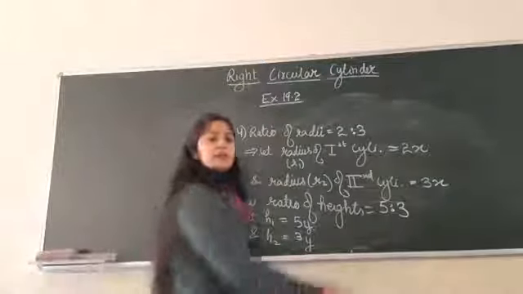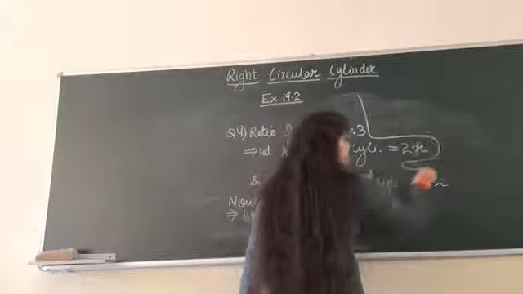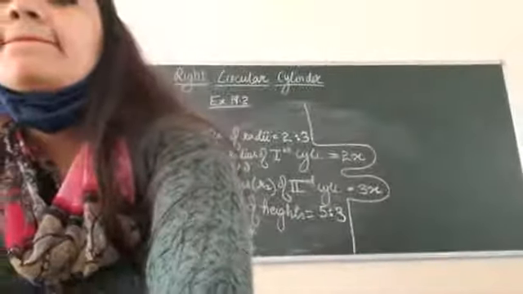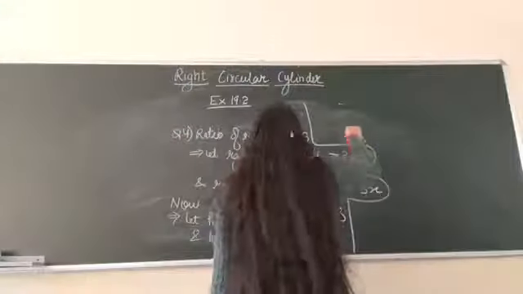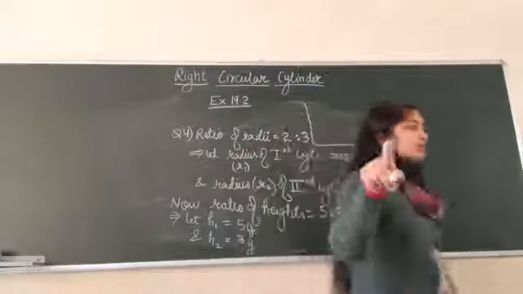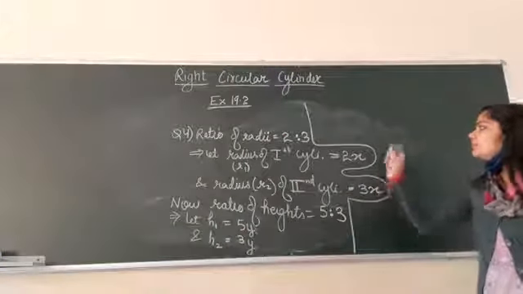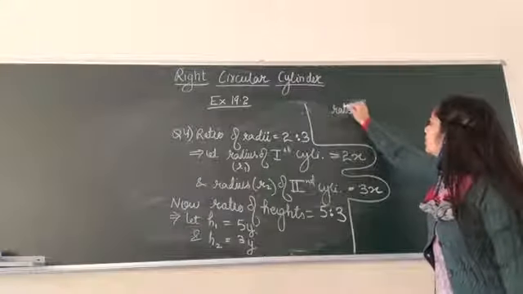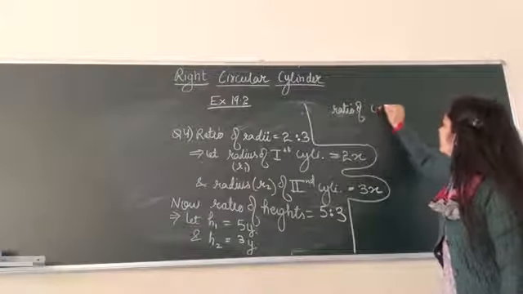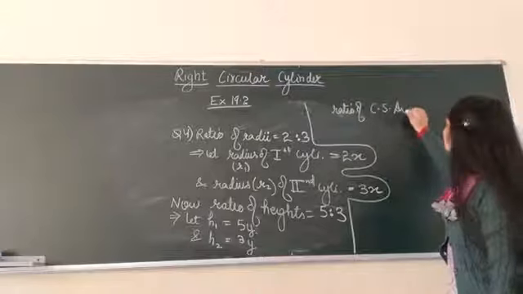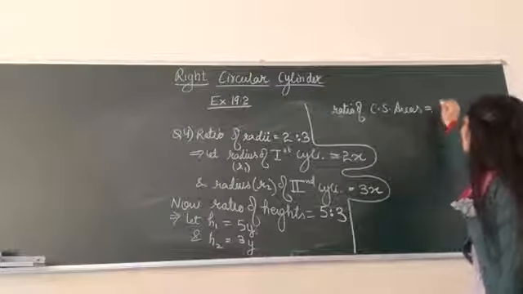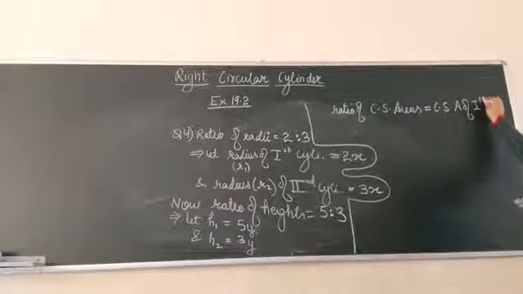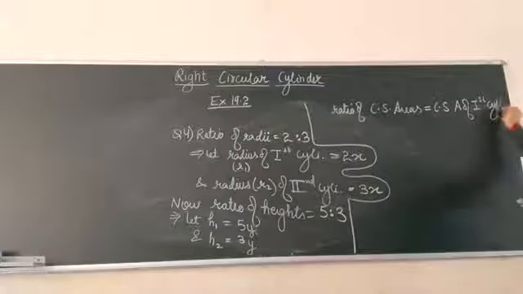I'm adjusting the board, because you can see the full board but in the recording the full board was not visible. So ratio of curved surface areas is equal to curved surface area of first cylinder